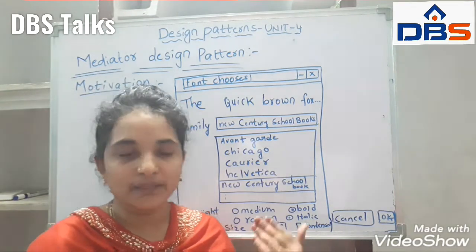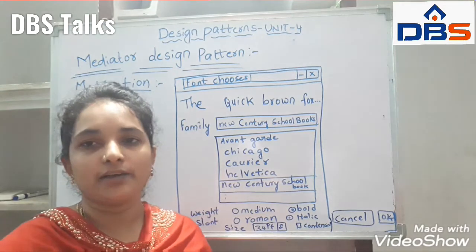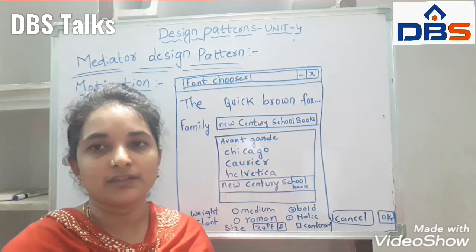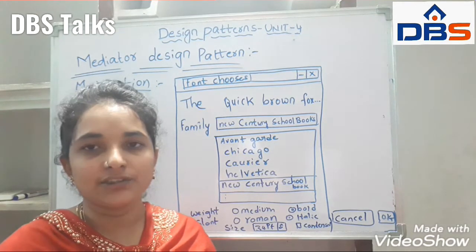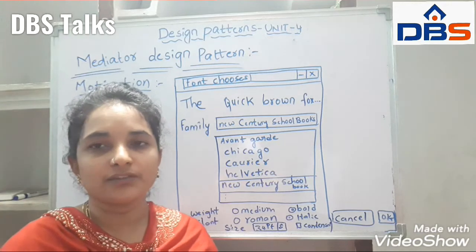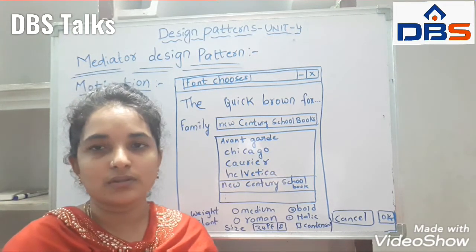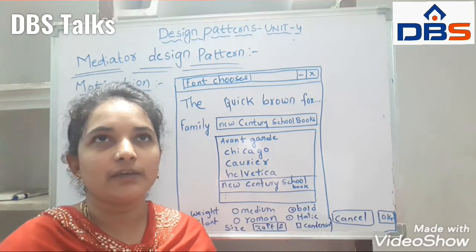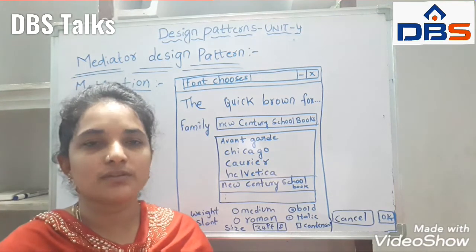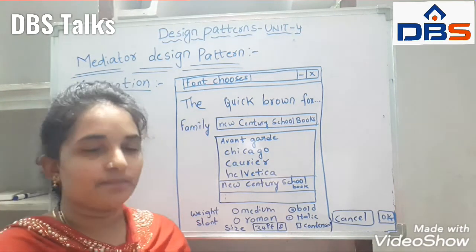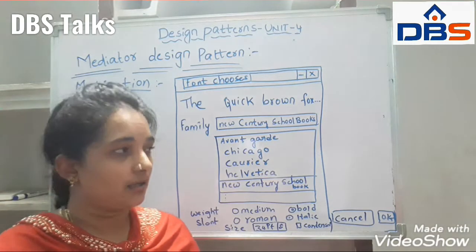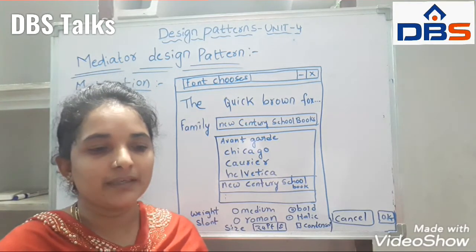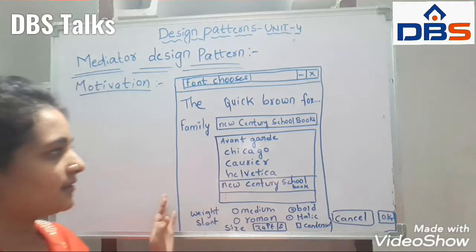In the previous video, I drew one small image. In that we have many objects: object A, object B, object C, object D. These objects know each other because they communicate with each other. So every object knows everyone without using the mediator. It becomes the worst case. In order to avoid that, we use the mediator design pattern here. In this motivation, I am using a small example, implementing a dialog box in a graphical user interface. This is the image we have.